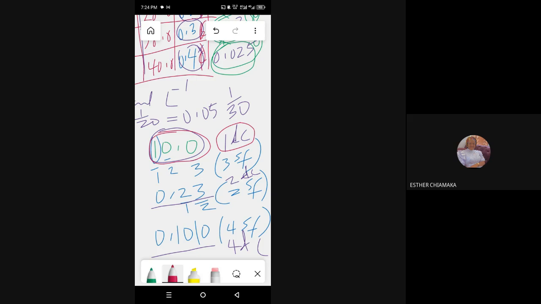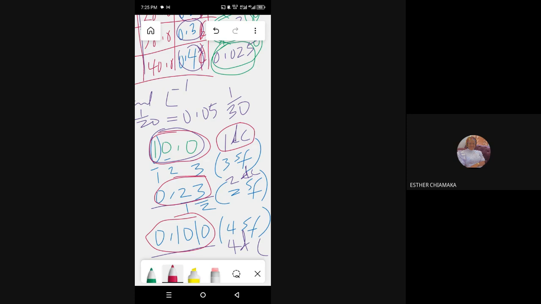Yes, sir. Do you know why 10.0 is one decimal place? How do you know? Because 0 is after the decimal point. Okay. Now, how about 0.23? That's how many decimal places? 2. How about